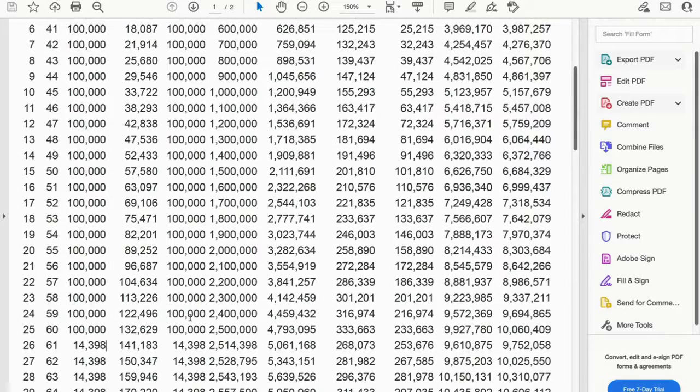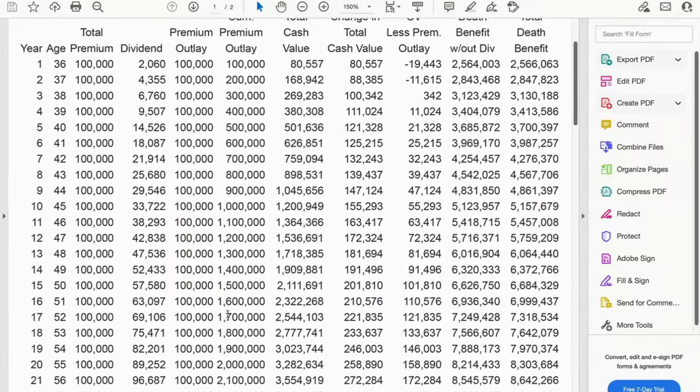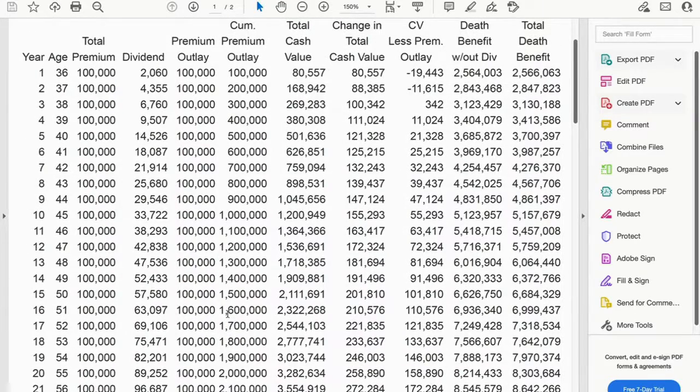You're going to see that this policy here is about $14,398, which is essentially your base insurance, essentially going towards the death benefit. That is right around our minimum floor. I would say put in a little bit extra, probably around $1,000 or so, because we have a term rider that we have to pay for as well. So I'm just going to round it for this example and say $15,000